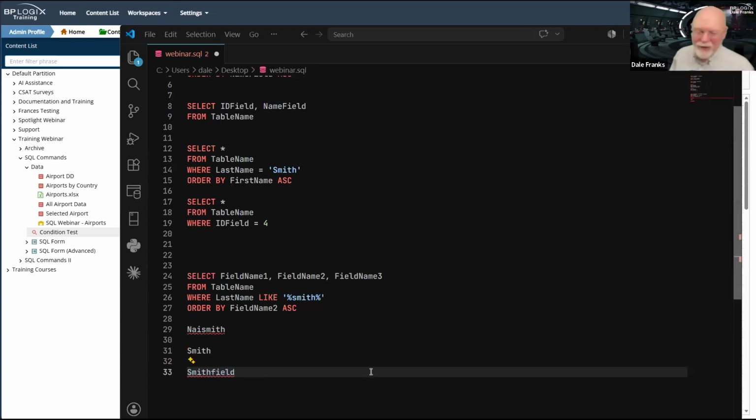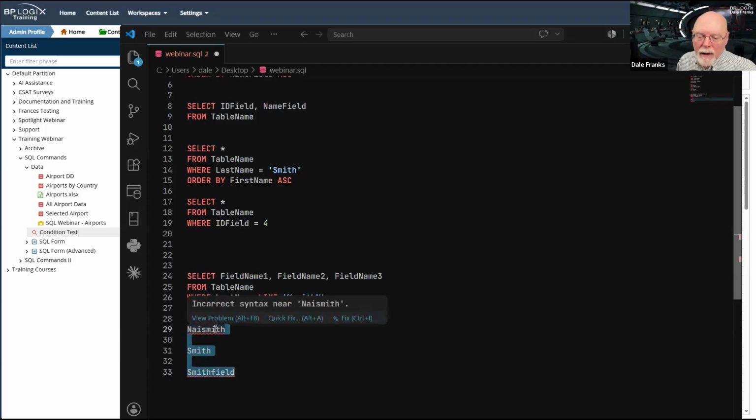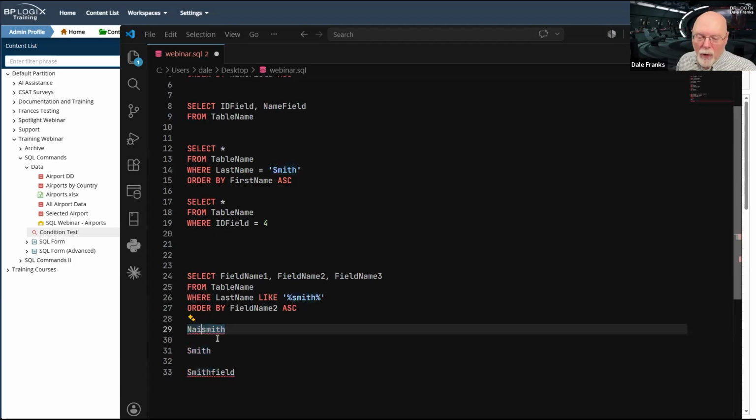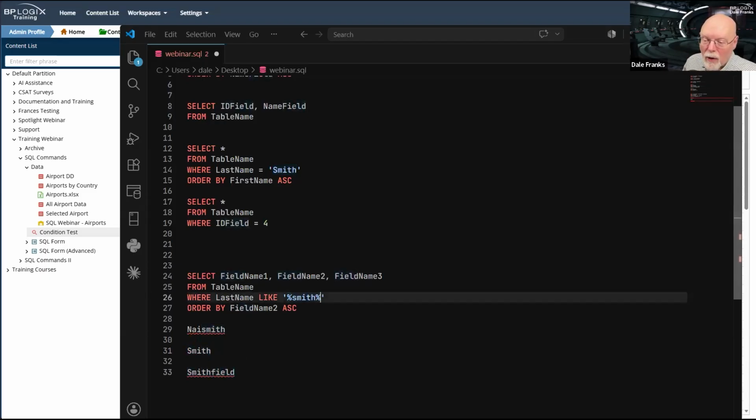It will return all of these variants because in this case, I have any number of characters before Smith. With Smith itself, I have no characters before or after, but that's fine. It found Smith, so we're good to go. And then there's nothing before Smith in Smithfield, but I've got all these characters after Smith, so it's going to find those characters.